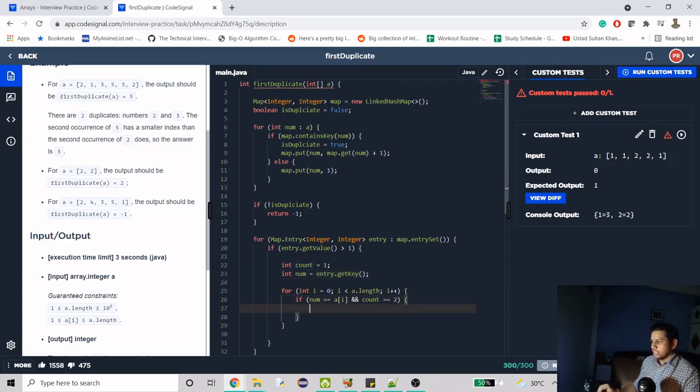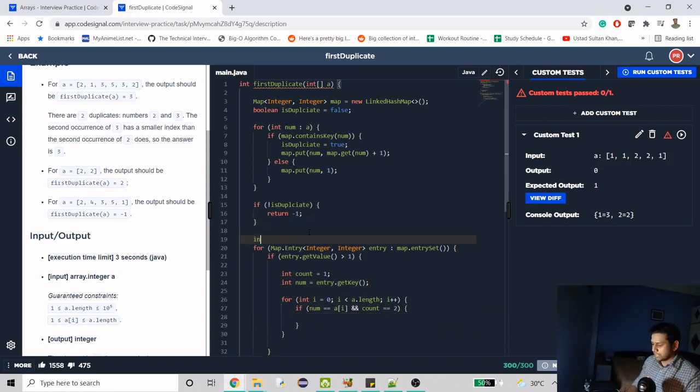Now we have to hold on to the index, because there could be many numbers having an index, so we have to compare the index of each element, or you can say each number. They have already given us this highest constraint, so you can use this. Otherwise we can use Integer.MAX_VALUE.